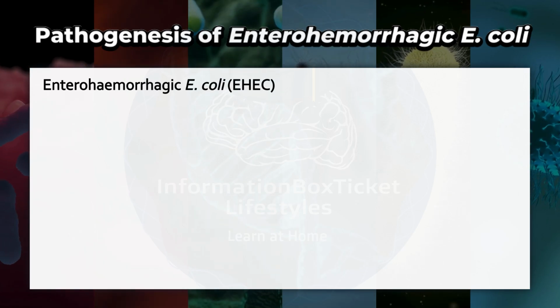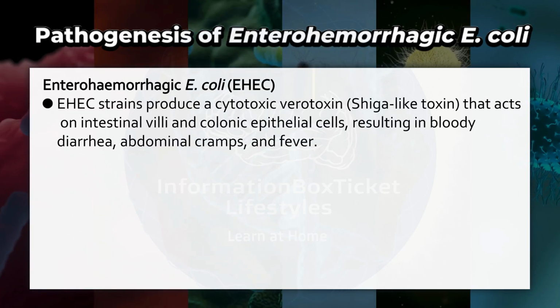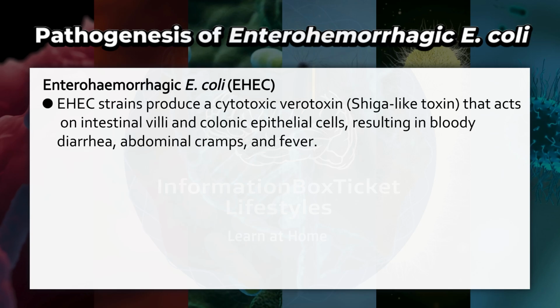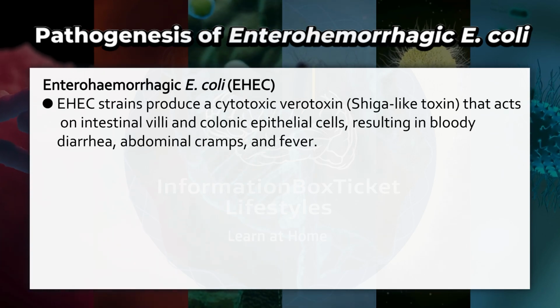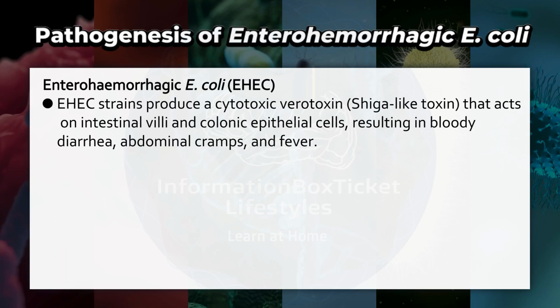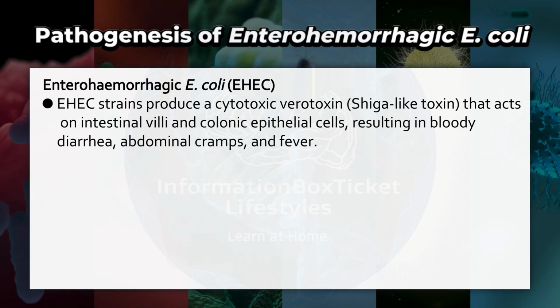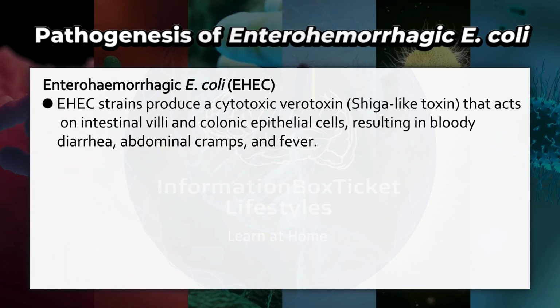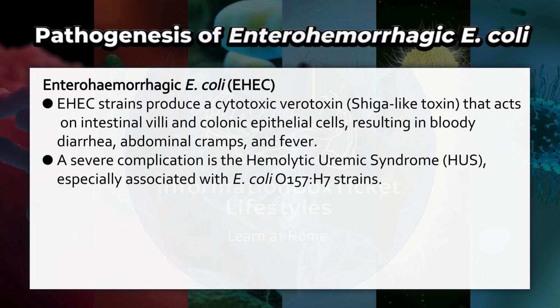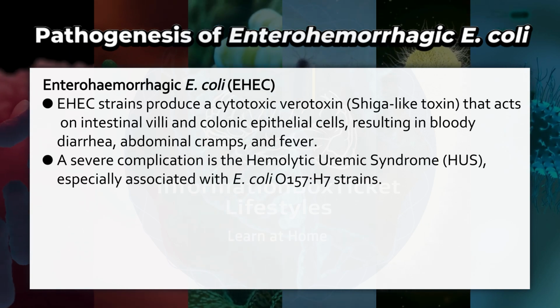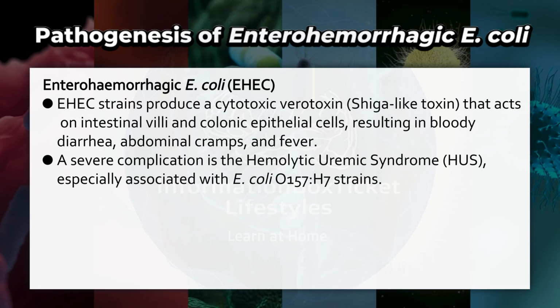Enterohemorrhagic E. coli strains produce a cytotoxic verotoxin, Shigella-like toxin, that acts on intestinal villi and colonic epithelial cells, resulting in bloody diarrhea, abdominal cramps, and fever. A severe complication is the hemolytic uremic syndrome, especially associated with E. coli